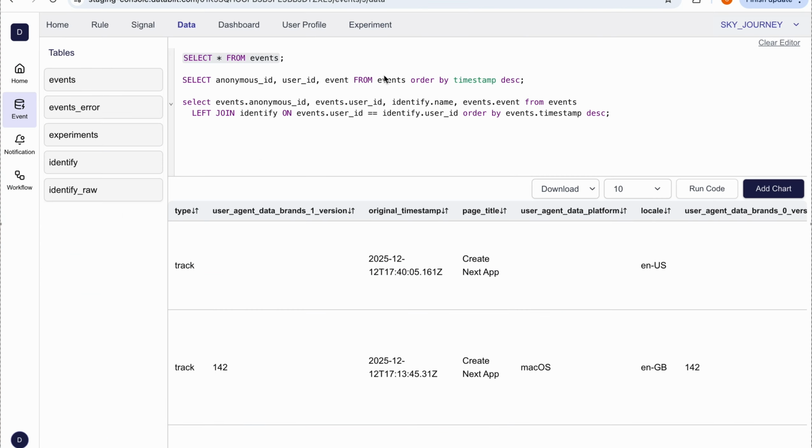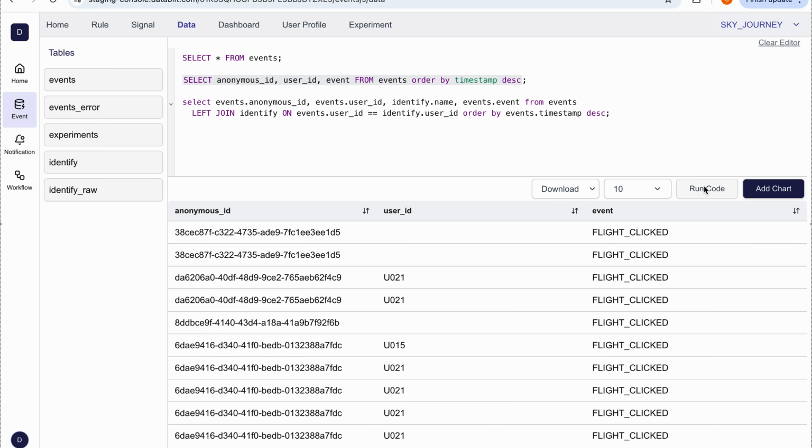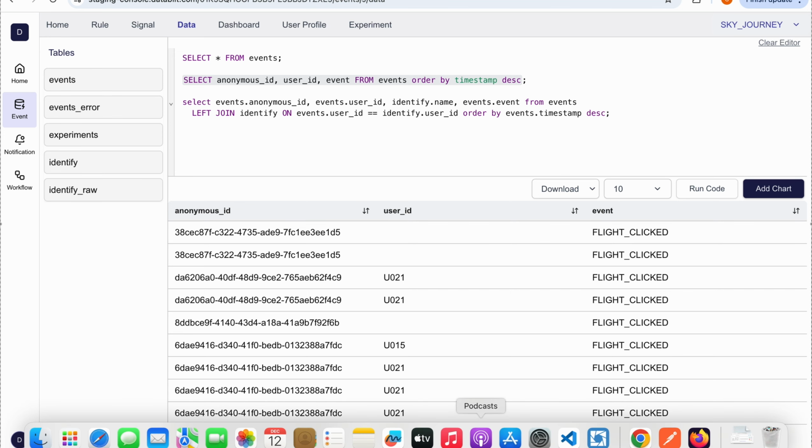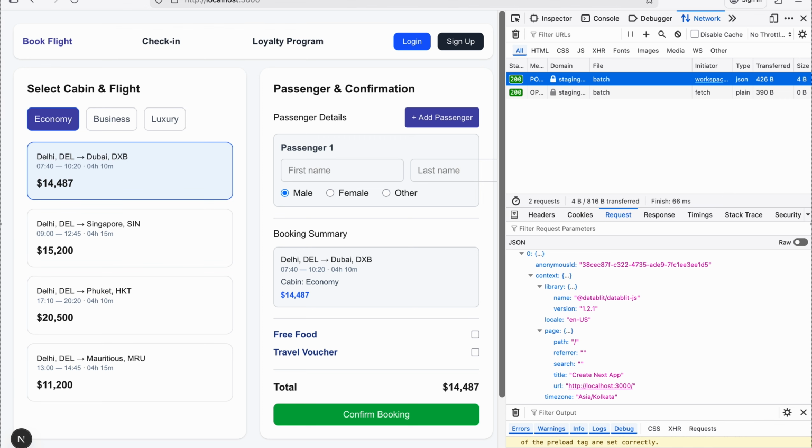create an account. Hit the data tab, run a query to get anonymous ID, user ID, event in descending order to view the most recent ones. Hit run code. You can see the anonymous ID with event name flight clicked if that person later signs up,